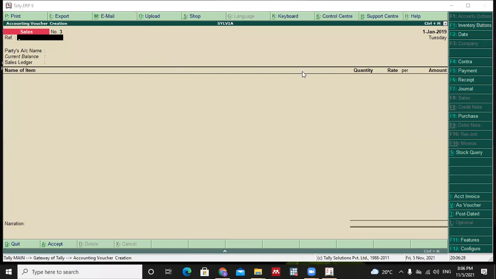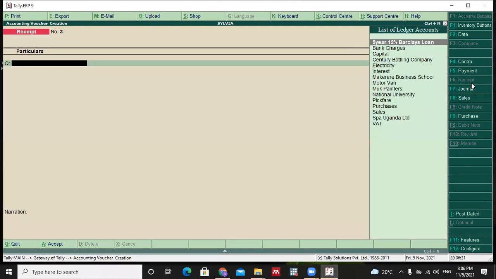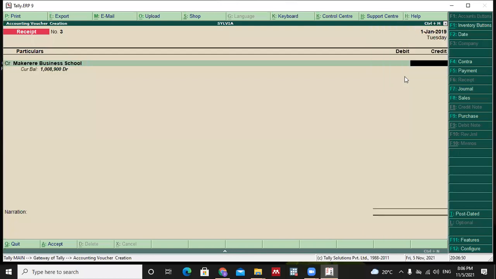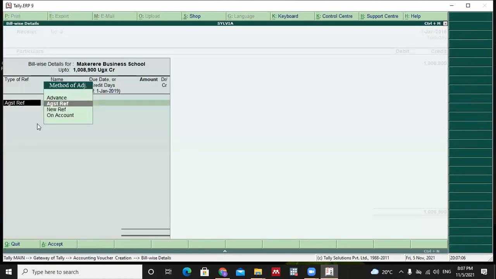So this is very clear. We are receiving. So go under receipt. We are receiving a check from Makerere. Now this will reduce their liability by crediting it. So we shall credit Makerere Business School by how much? They told us the amount. So you just copy it, 1,008,900. So you enter,